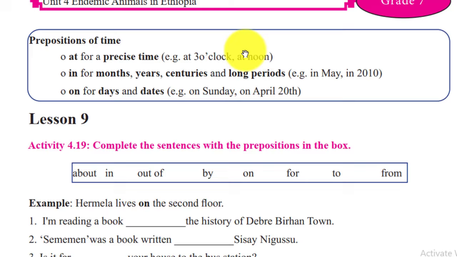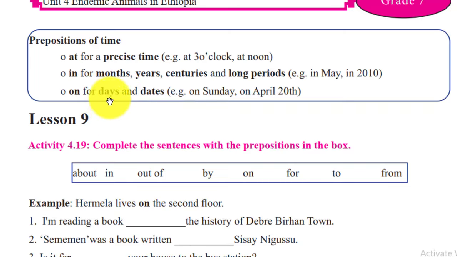በቃ ኤግዛክት ታይሙን ለማሳየት at እንጠቀማለሁ። In for months ይሄ ደግሞ ኢንን የምንጠቀመው ለወራቶች in January, in February, in March ያልኩ ነገር። Years in 2005, in 1920, in 1925 ያልኩ ነገር, centuries in 19th century ይላሉ። In 19th 19ኛው ክፍለ ዘመን ላይ የክፍለ ዘመኖችን ለማሳየት, and long periods እንደዚሁም ረጅም ጊዜያቶችን ለማሳየት። ለምሳሌ in May in 2010 እላለሁ። ግንቦት 2010 ላይ ብዬ ልገልጽ እችላለሁ ማለት ነው።